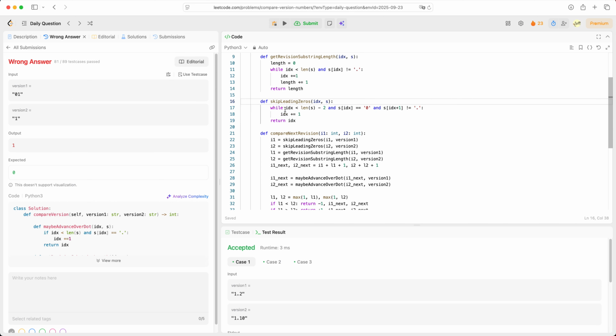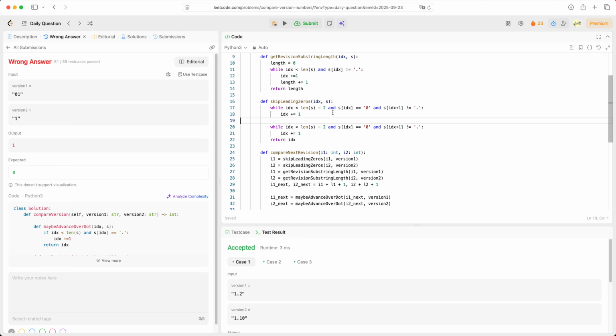So we should probably need another case for that, right? And that would be if the current character is a 0 and IDX +1 is still smaller than